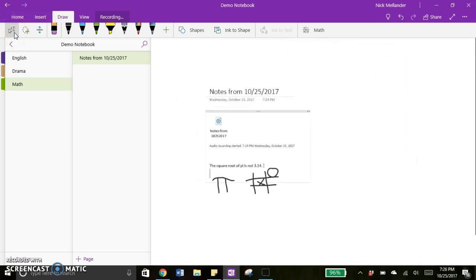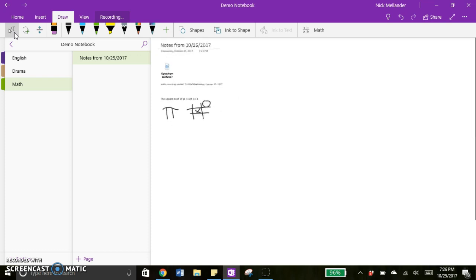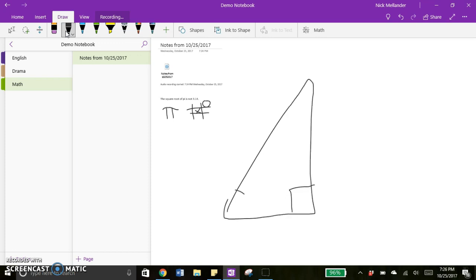Zoom back out if you want to draw something big, like, I don't know, like the big triangle, to practice your right angle triangles and calculating the other angles and stuff,